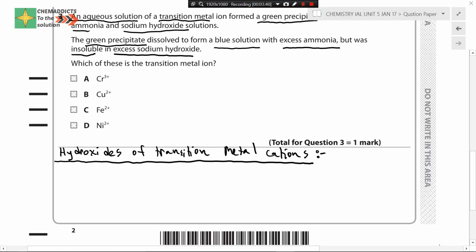If a small amount of sodium hydroxide or ammonium hydroxide is added to the solution of transition metal cations, a precipitate of metal hydroxide is formed. So if a small amount of sodium hydroxide